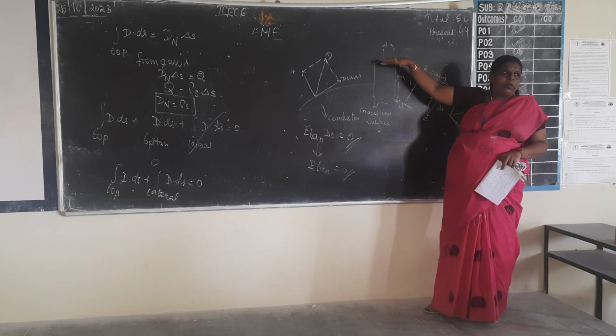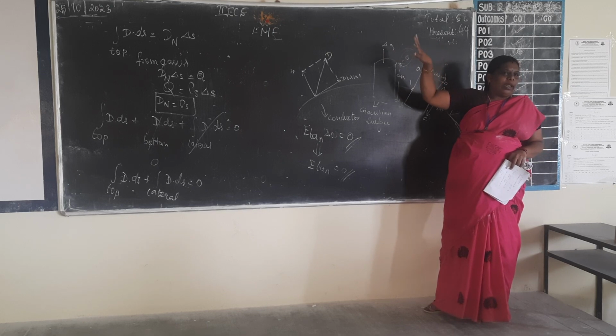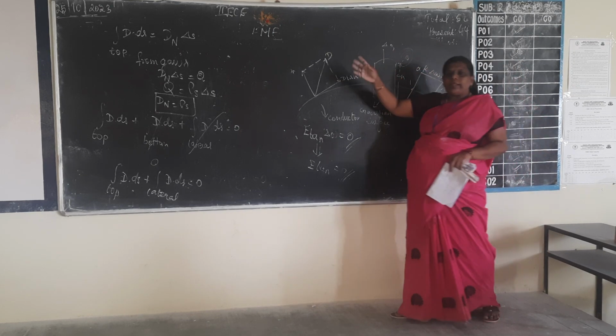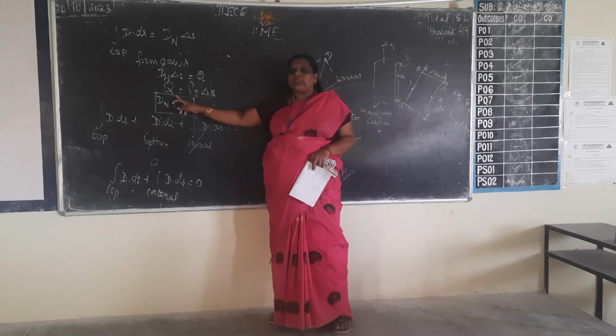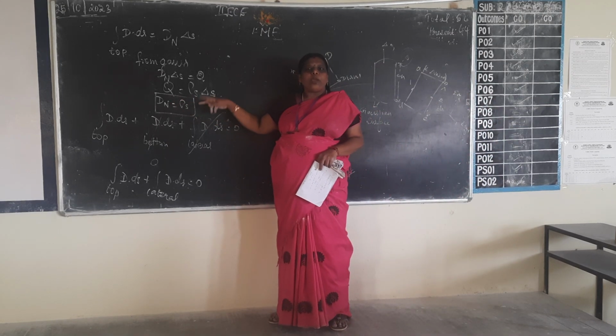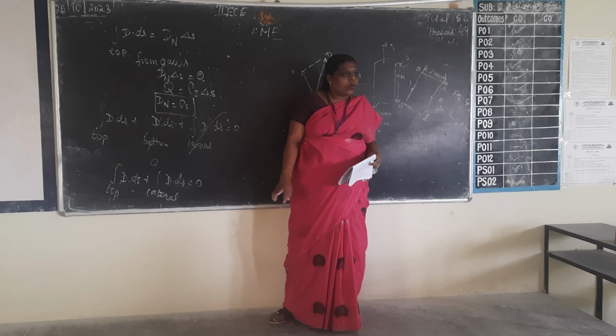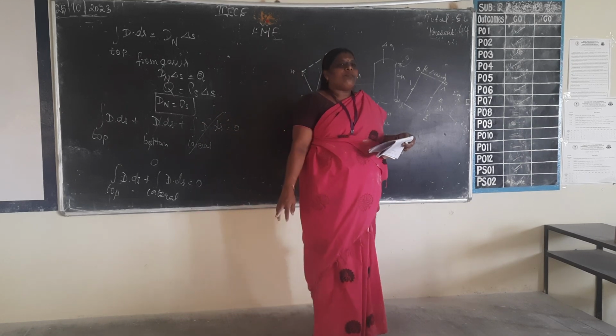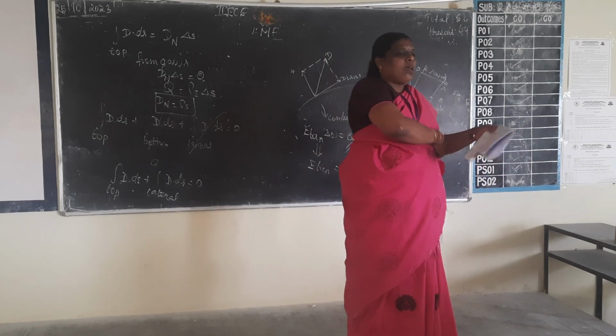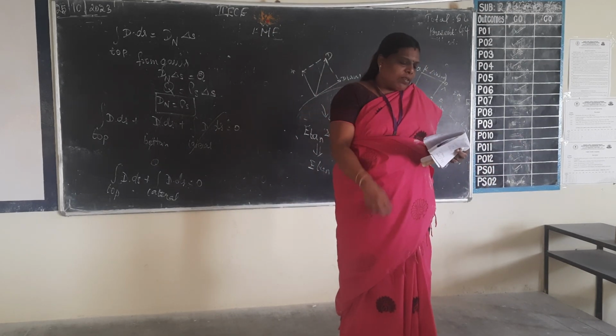Now what is left of the surface? Only the top. So at the top, it is nothing but Dn into del s. That will be equal to Q, the charge enclosed. But another expression for Q is equal to rho s into del s. So equating these two expressions, we have got Dn is equal to rho s. Thus the flux leaves the surface